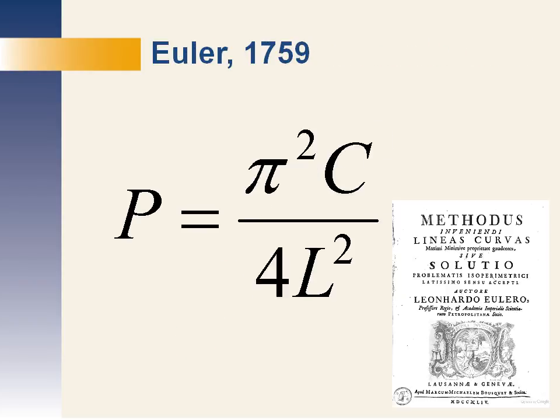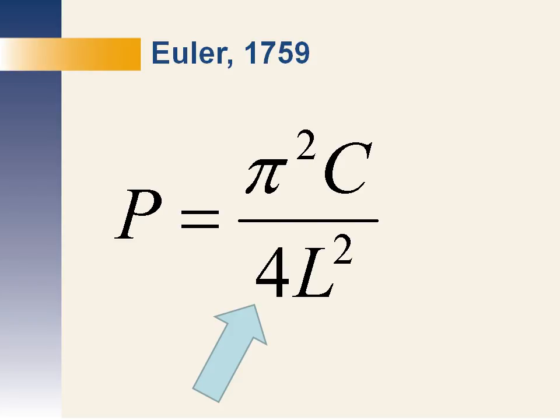We can move forward to 1759. That was when Euler gave his equation, which he determined for a column with one end fixed and the other free, a flagpole column. I told you that would come up again. P is the buckling strength, L is the column length, and the constant C is what Euler called the absolute elasticity. And you can see that Euler also had a K in the equation, but you have to know it to see it. I told you the K for this column that he was testing as a cantilever was 2. So if you take 2L and square it, KL squared is equal to 4L squared. So there we have a K in his equation, even though it wasn't K yet.